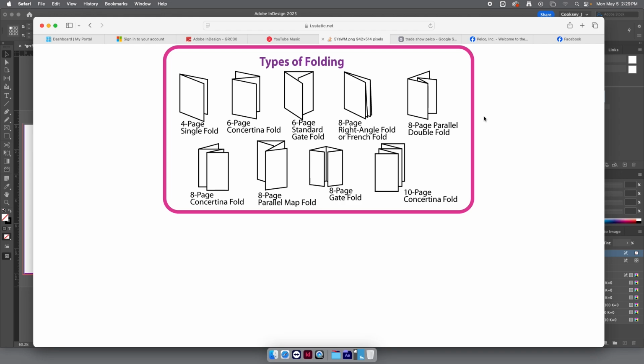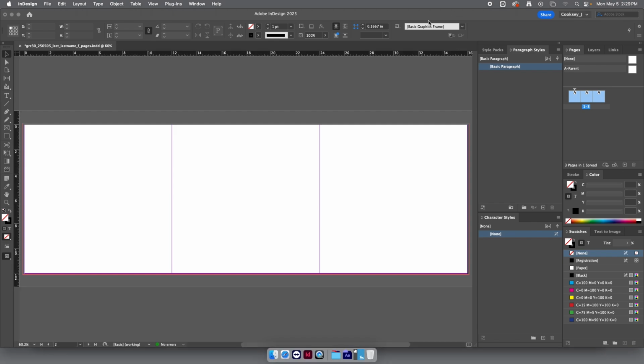We accomplish these either by creating one gigantic page that's this eventual size laid out or flattened that we need to get, or we can individually lay out each panel of this folded piece as an individual page in InDesign. So if we're working with this 6-page concertina Z-fold or standard gatefold, this we could say would be our